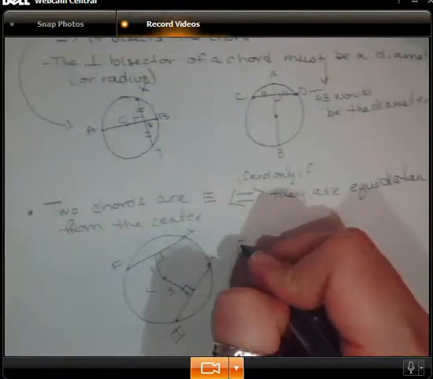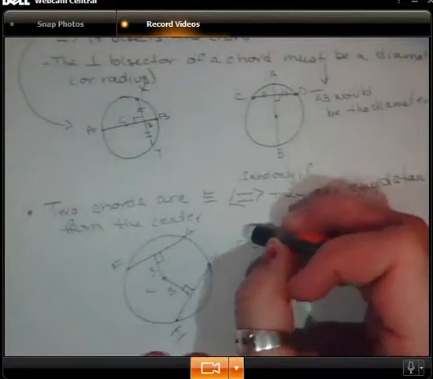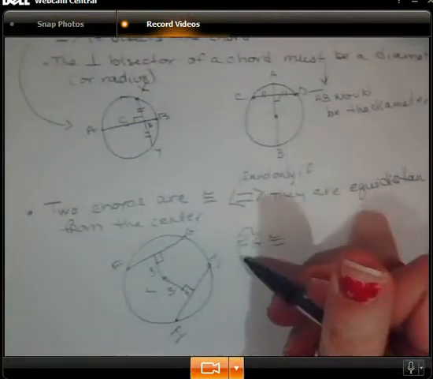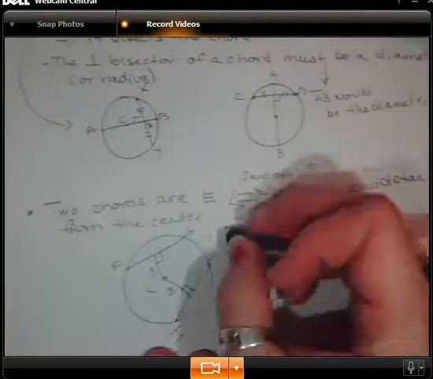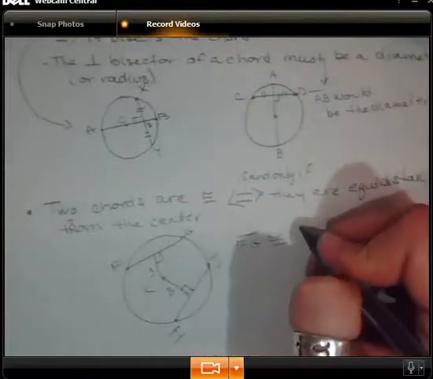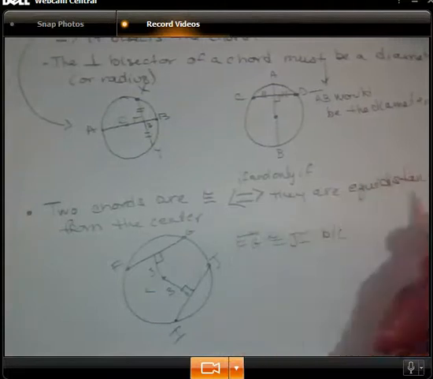Then we would know that FG is congruent to, well, we can't say segment, we have to say arc. Well, let's think about that. Let's start with segment. So segment FG is congruent to segment JI